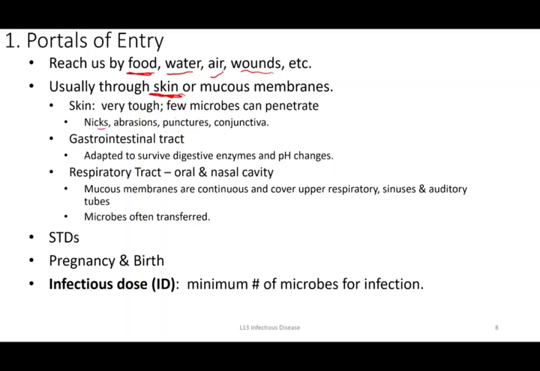Most microorganisms can't just penetrate skin on their own, but we did see several of these that can. If you think back to the parasites, hookworm was one example. That was the one that could burrow through the feet of barefoot individuals as they're walking through soil that has the larvae in it. Those larvae can burrow through the bare skin and then establish an infection, ultimately in the intestine of that infected individual.